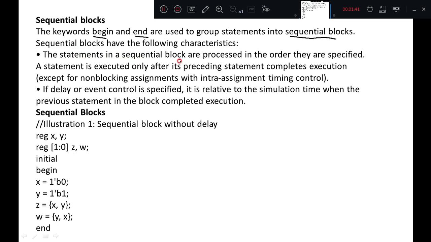The statements in a sequential block are processed in the order they are specified. A statement is executed only after its preceding statement completes execution, except for non-blocking assignments with intra-assignment timing control. If delay or event control is specified, it is relative to the simulation time when the previous statement in the block completed execution. If you see an example for sequential block, first illustration with the delay,